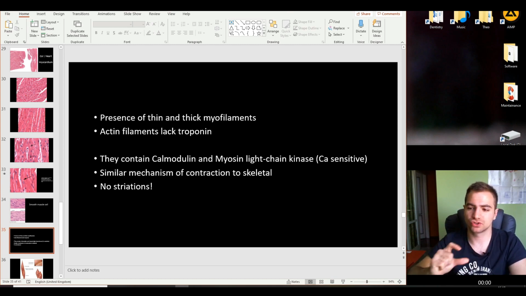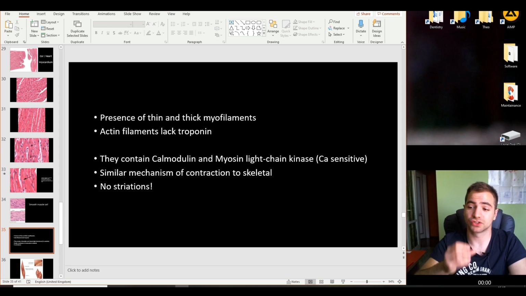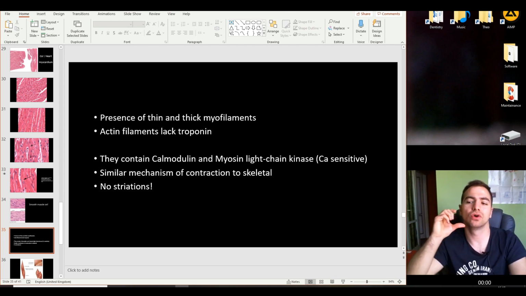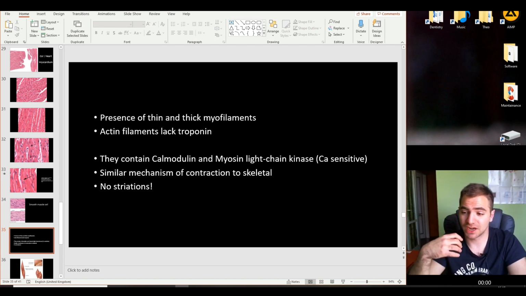There is not this logic of all or none. In the skeletal muscle, in the cardiac muscle, there's all or none. Either there's contraction or there's not. Here we find something in between, meaning that these cells are always somehow contracted or somehow relaxed, but not fully contracted or fully relaxed. This is actually the mode of many smooth muscle fibers, and this is actually how most of our GIT system works. The gastrointestinal tube, that's how it works with this